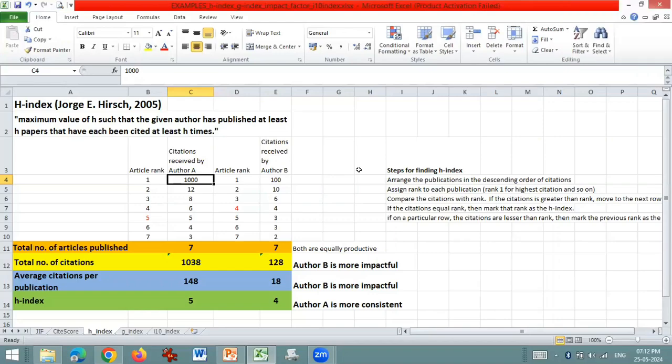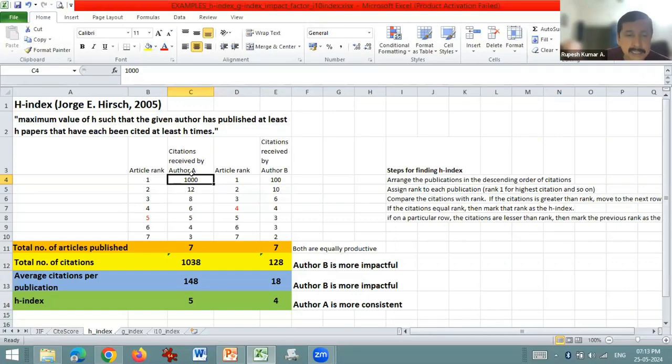It's 100, sir. No, I have written author A. 1,000. Okay. Yeah, 1,000. 1,000 citations have been received by author A for the first ranked publication. This is not something small. This is not a small achievement. Okay, but